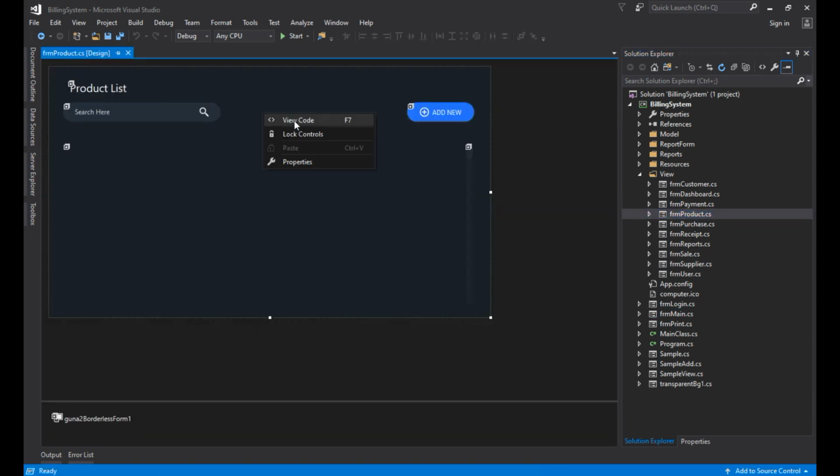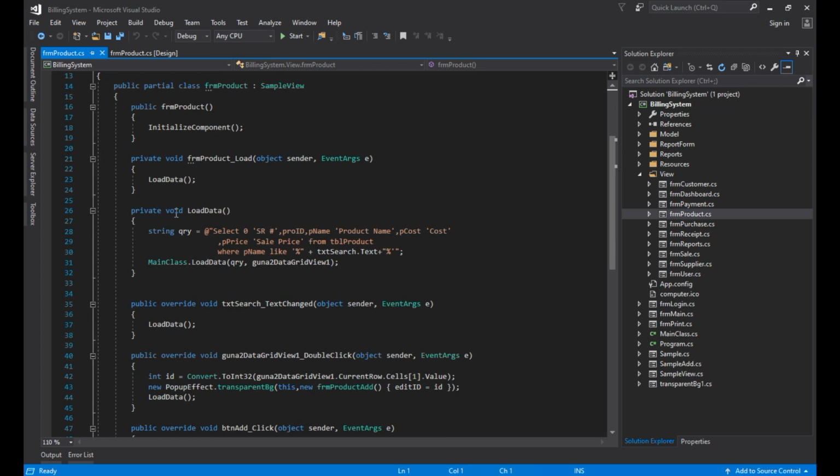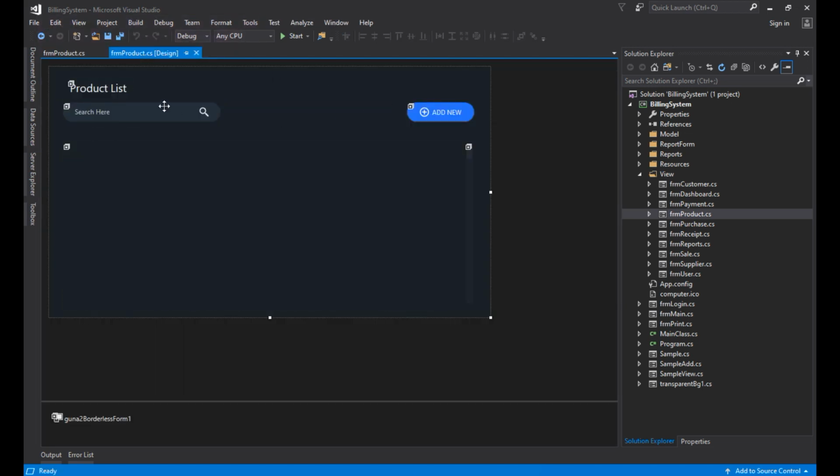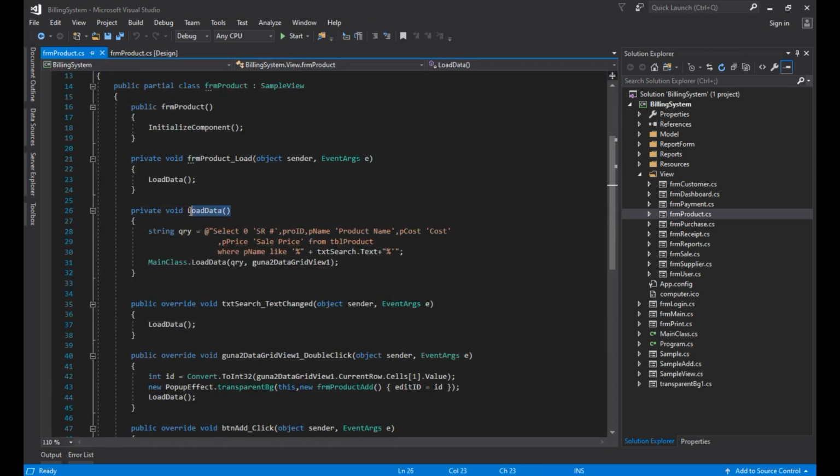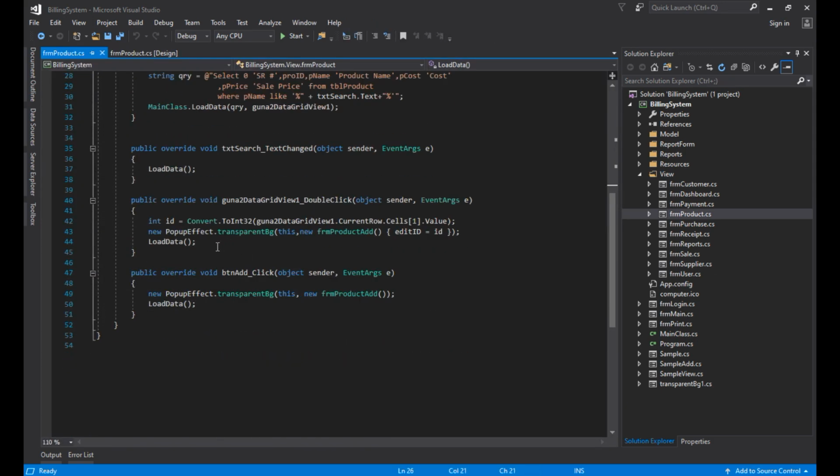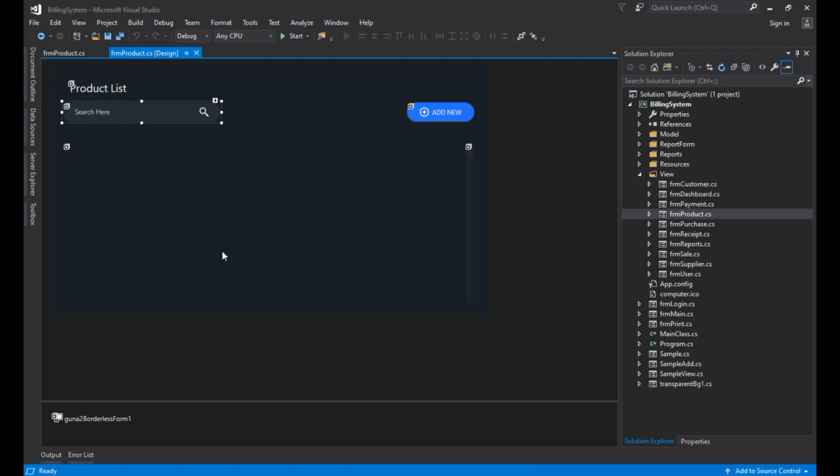This is the product form, and on load we use the load data function, and in the load data function we provide this query and use this main class and this load data function to load the data into the grid view. And on the text to search box, whenever we type some value, the same function is used. And on double clicking the grid view,